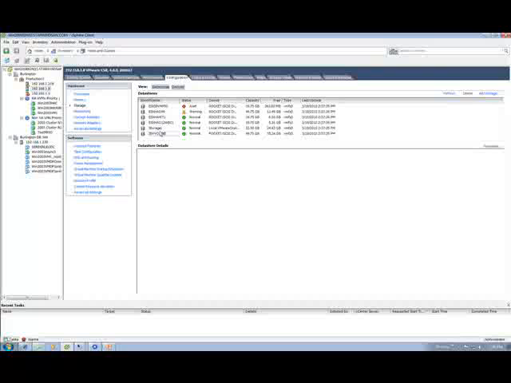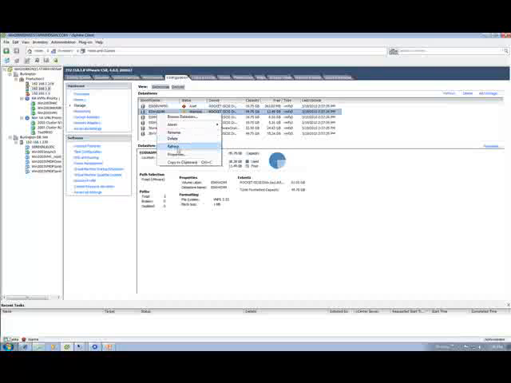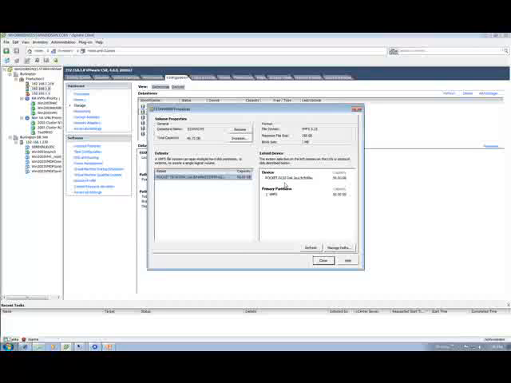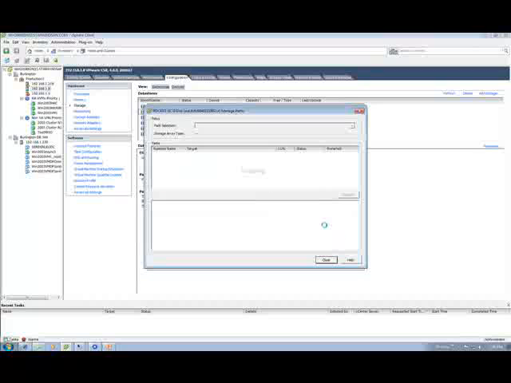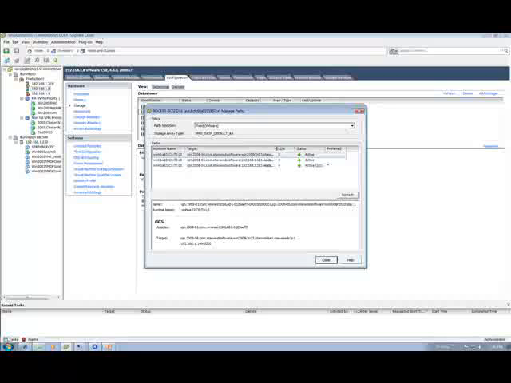And as you can see here, I've got a couple of them going. If I look at this one in particular, if I browse or look at the properties of the data store, what I'm going to see here is multiple paths to this data store. So if I look here, I've got 166 and 151. These NICs are in the same box, and I've got my 149, which is my second box in my iSCSI HA set. So again, if I were to lose one of these boxes, let's say I were to lose this box here, these two paths would go dead,